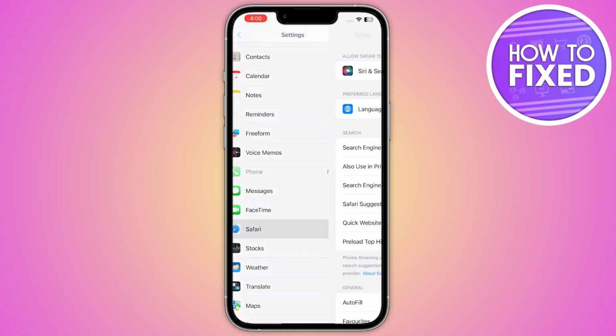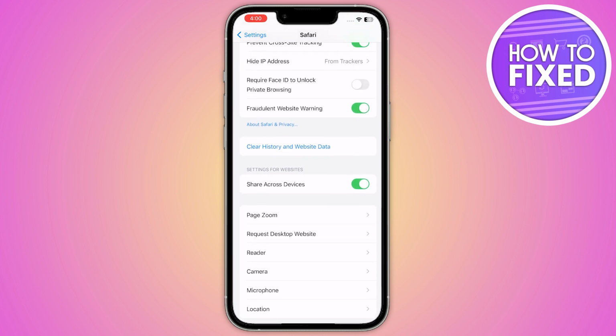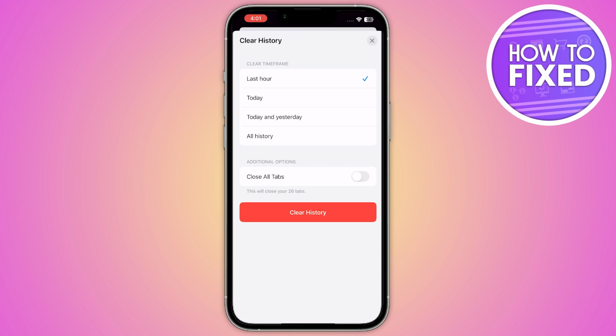you have to go in the Safari browser. From here you have to scroll down a little bit and here is the option of the clear history and the website data. You have to tap on it. Now here is the clear time frame. You have to select the time frame and after that here in the additional options you have to go in